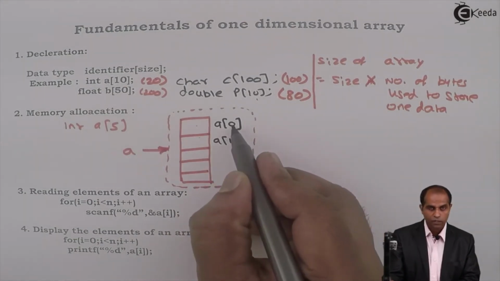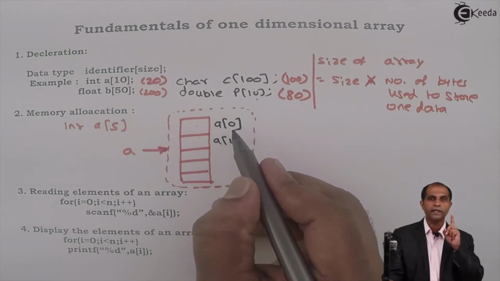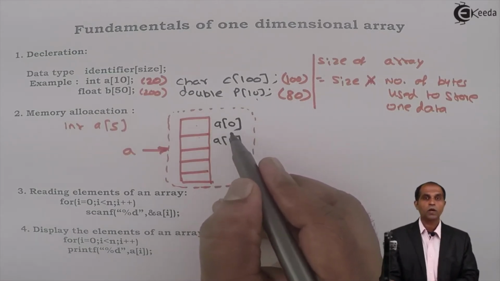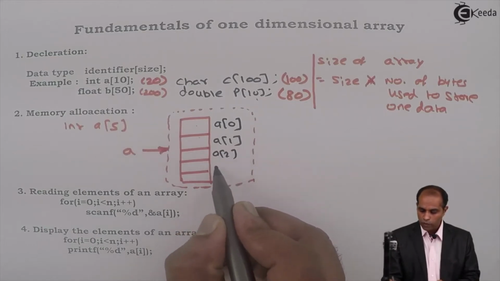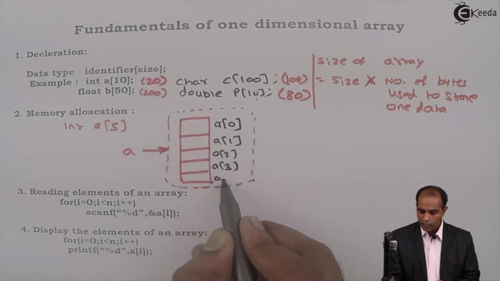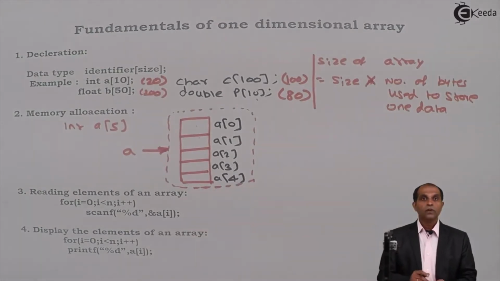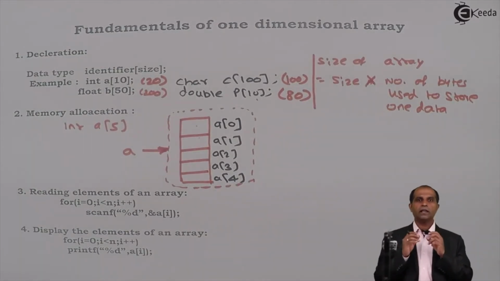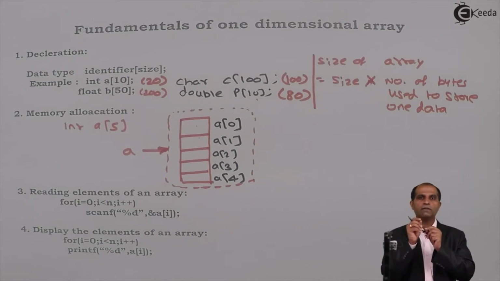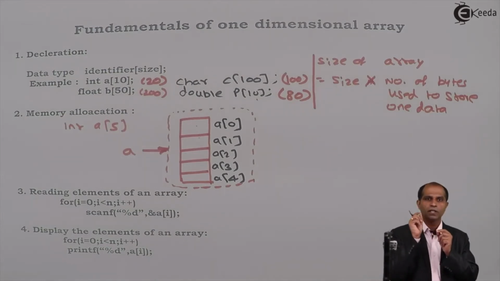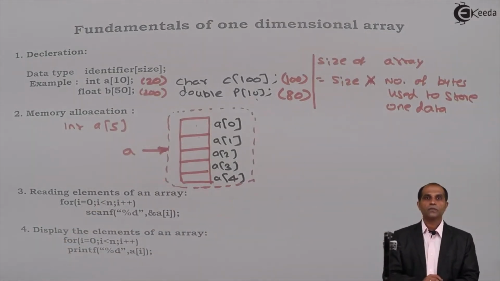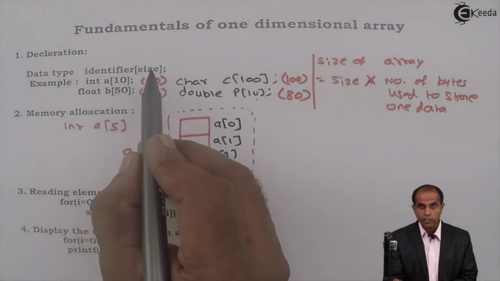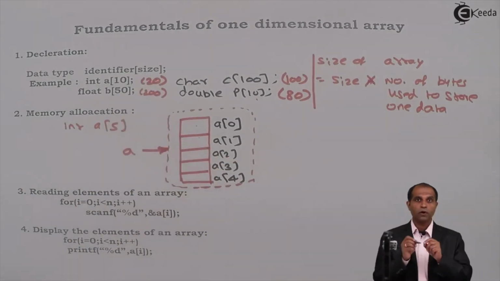As per the rules of arrays, the first will always have an index of 0. The one which I am writing in square brackets indicates the index. A of 2, a of 3, a of 4. So if I have n data in an array, the first data will always have an index of 0 and the last will have an index of n minus 1. So here n is 5, so it starts with 0 and ends at 4. But you can't associate this size as a variable. Remember, that is one of the important rules of an array.